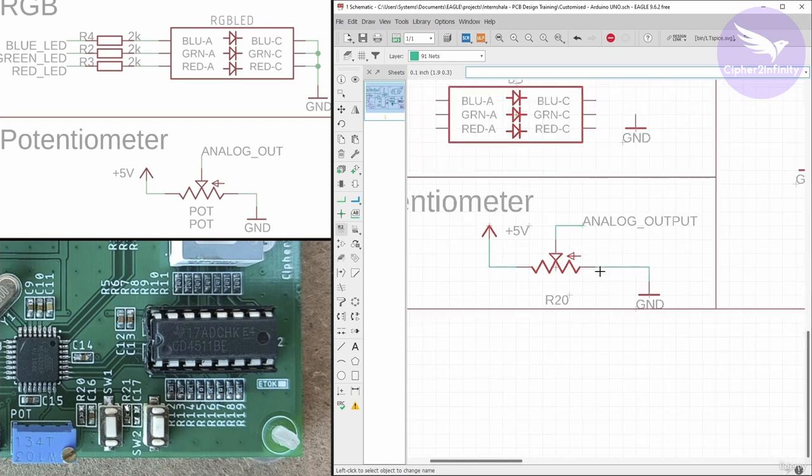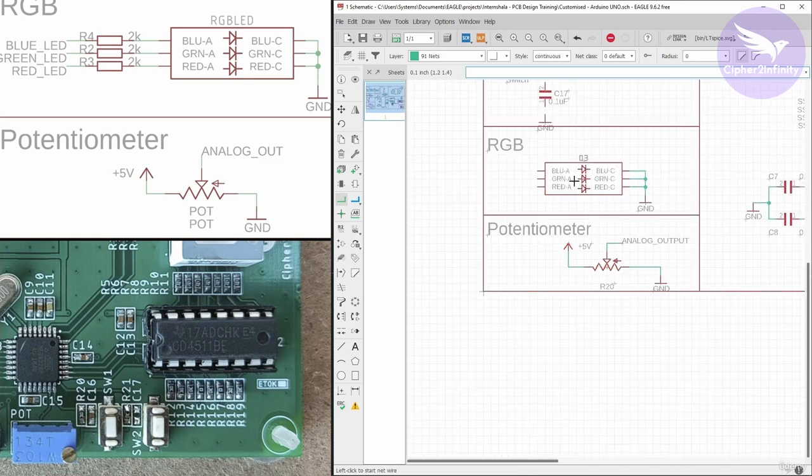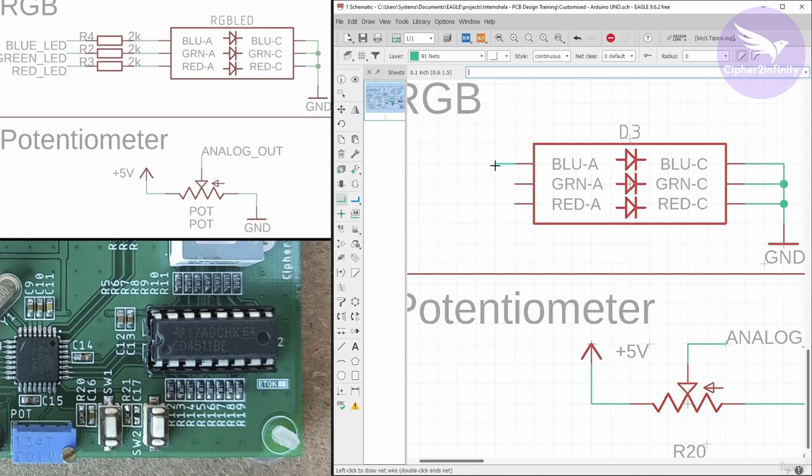named as analog output. And after that, I'm going to connect all these pins of the RGB LED, which are basically the cathode terminal of the RGB LED. It will be connected to the ground. So I will place this ground symbol here, and let's connect all the cathode pins to the ground. So alright, so we are done with the cathode pins now,